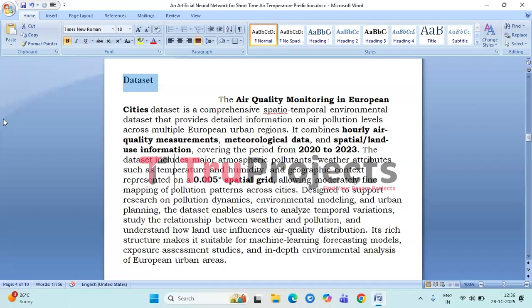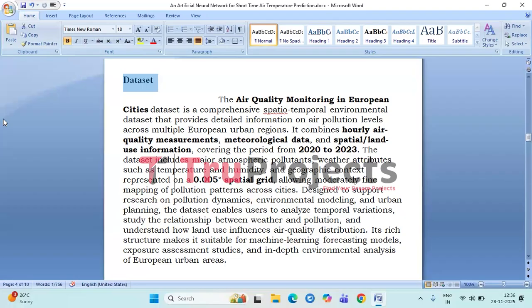The dataset also contains geographical context represented on a 0.005 degree spatial grid, meaning each data point is tied to an exact location, enabling moderately detailed mapping of pollution intensity across city regions.